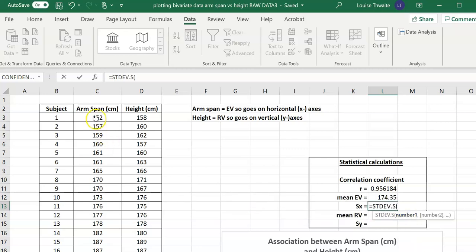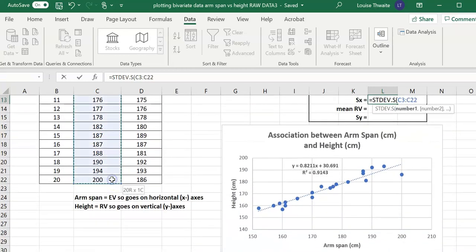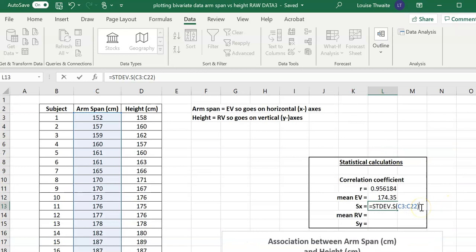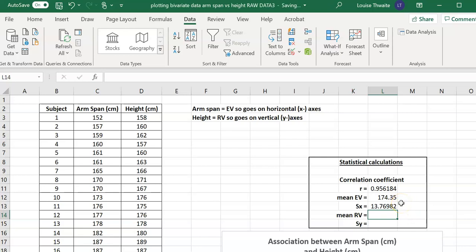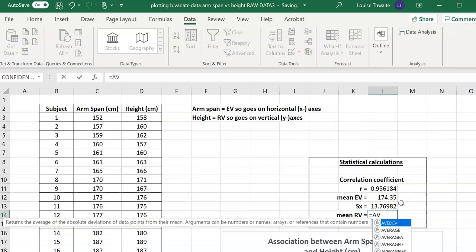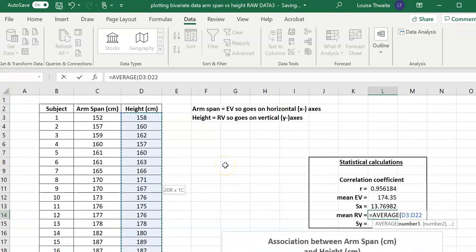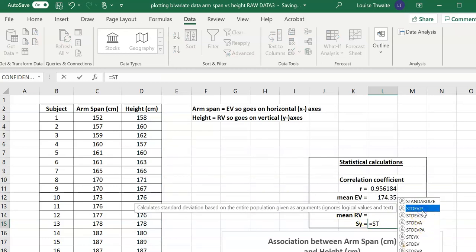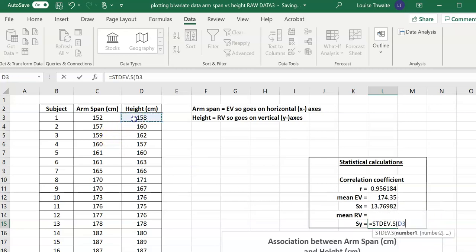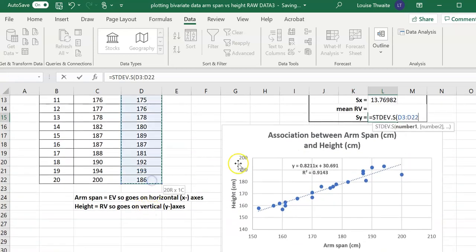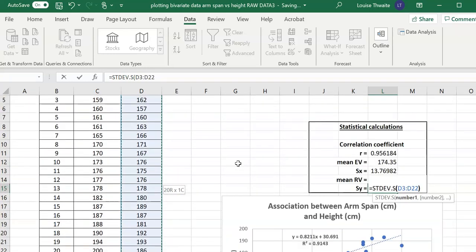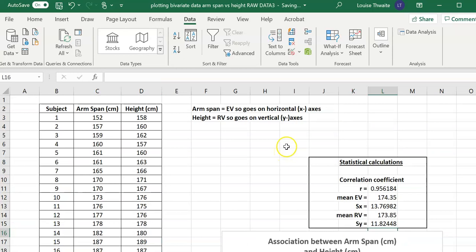So if you select that, scroll down, select that range, you can see that it accounts for that, close brackets, press enter, then do the same for your response variable. Easy, done.